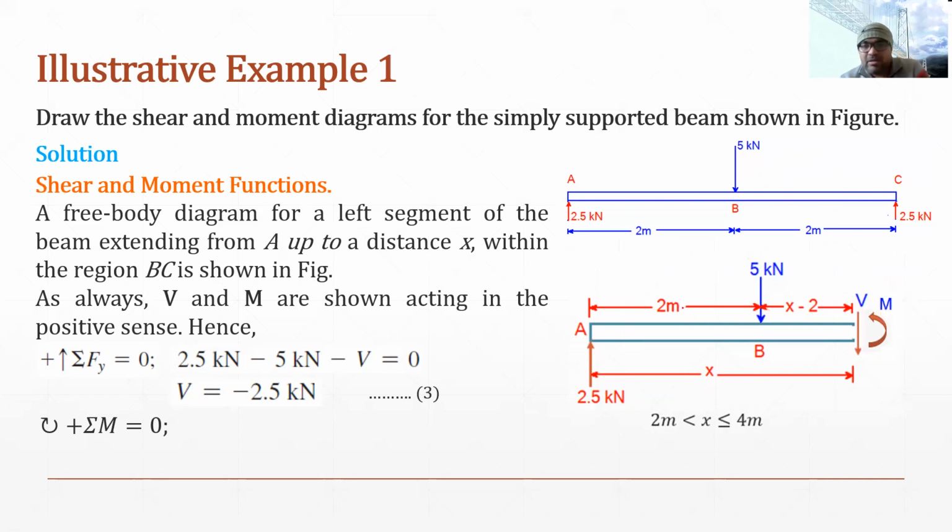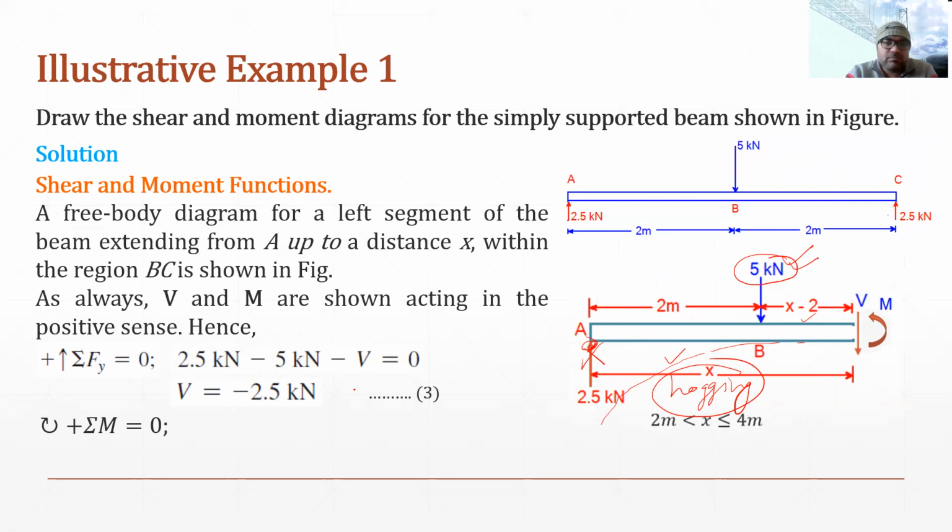Similarly, now forget this force and consider the effect of this external load individually. If we assume that there is no other force, then what will be the effect of this force on this beam? Obviously, this force will try to bend the beam downward like this. This is the shape of hogging, and therefore the moment created by this force will be negative.